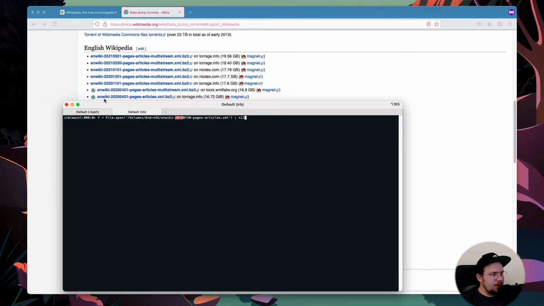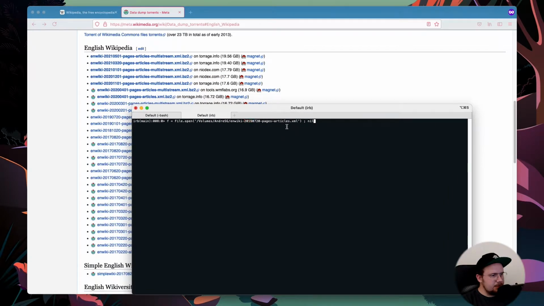So that means it's the Wikipedia in English, and then the date of the dump, and then pages articles, which means it's gonna have every Wikipedia page. I haven't counted all the entries there, but I think there are like 53 million pages, because it's not only one page for each article in Wikipedia,